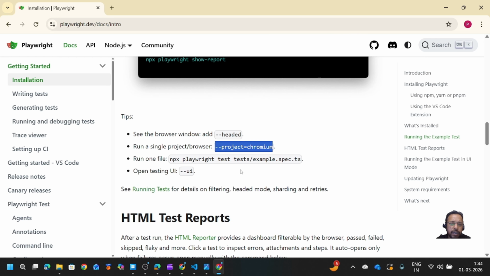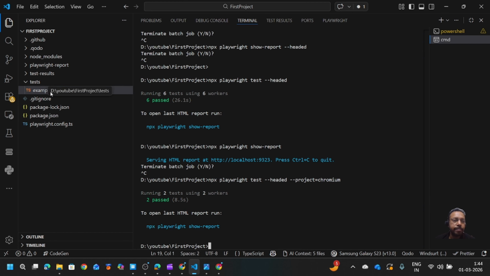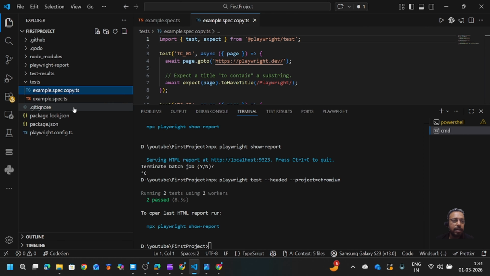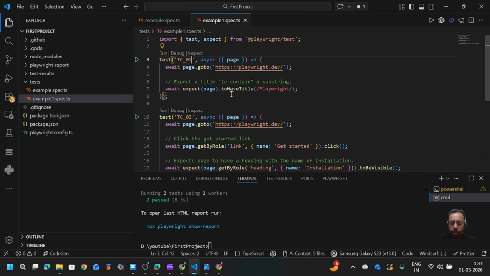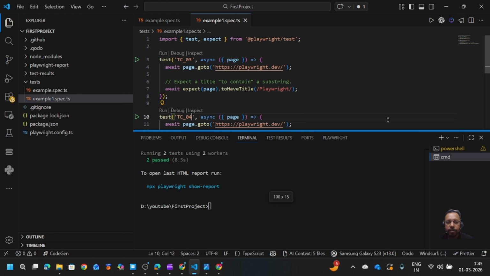Now, if you want to see multiple spec files to execute, for example, let me recopy this and paste here. Let me change its name to example 1. Okay. Now, in total we have 4 test cases. Let me change some names because it will create a problem for you. Test case 3 and 4. I simply change the name for identification. So now I have